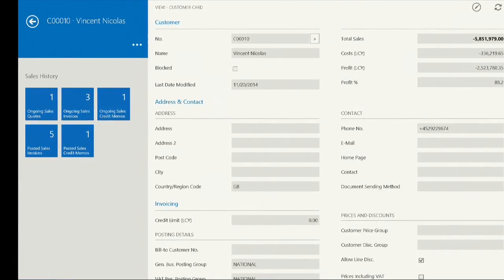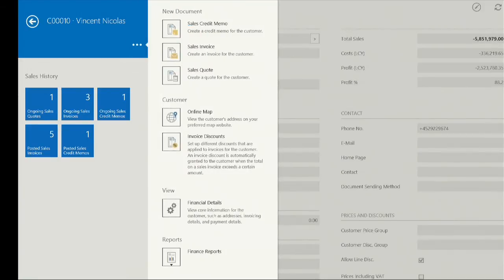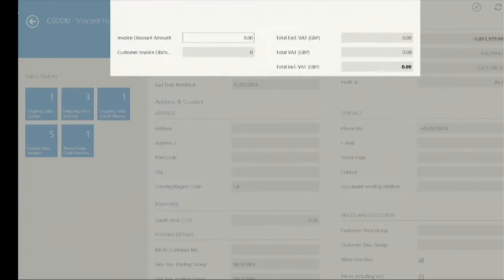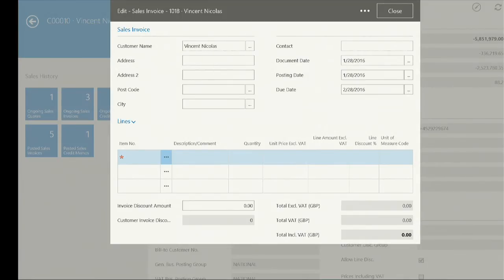So if I want to create a sales invoice, and I forgot to mention that here I use the small business profile, a specific version for tablet that basically got simplified, so the tablet experience is even better and simpler, so you can make your task quicker. So when I'm at the customer card, I can quickly go to sales invoice, and I'll be presented, again, a task dialog, just because this page is shown as modal, and I can already proceed with filling in the information about the specific sales invoice. As you already see, the information about the customer is already pre-filled based on the context I am in, so I can just enter the item number,